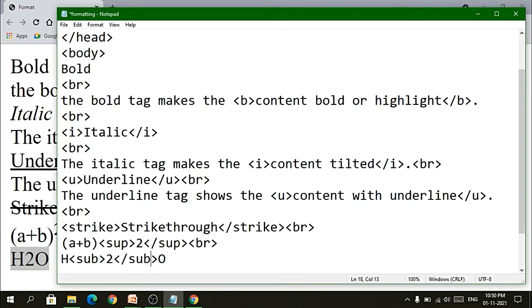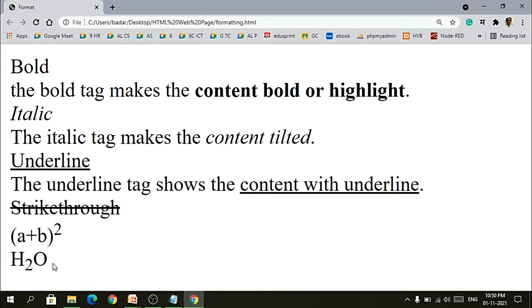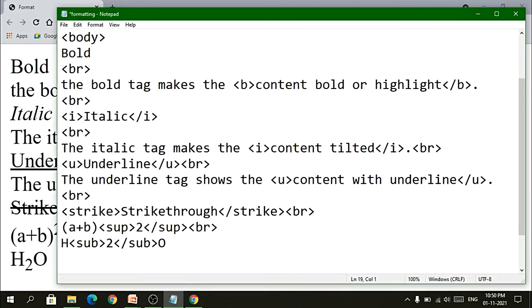So placing of the tag is important. If I make some mistake, the content which is included in the tag would be coming in subscript. So this is something very necessary that we can understand. So I will refresh it and you can see the output. Here you can see the output has changed. So this is the subscript which we have used. Then later on we have something called center.